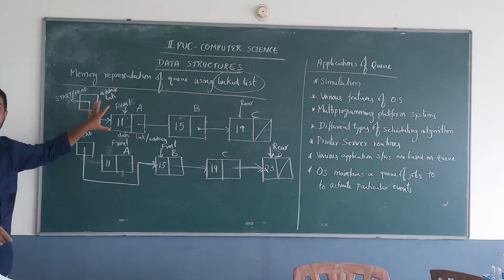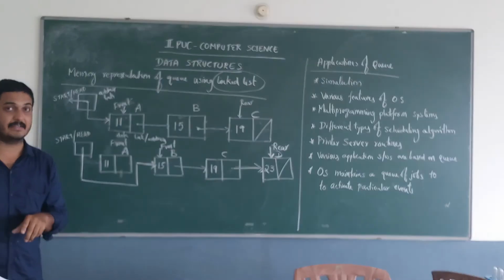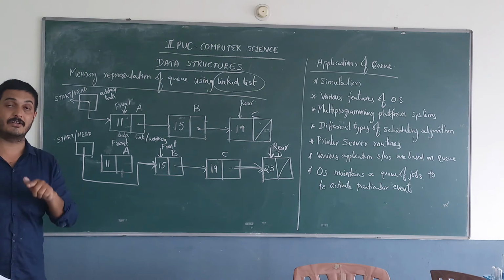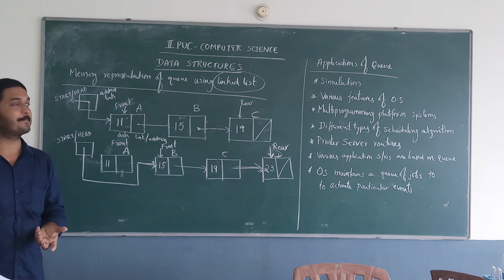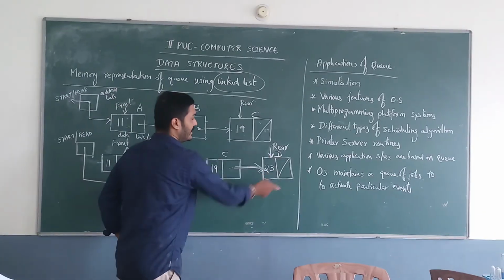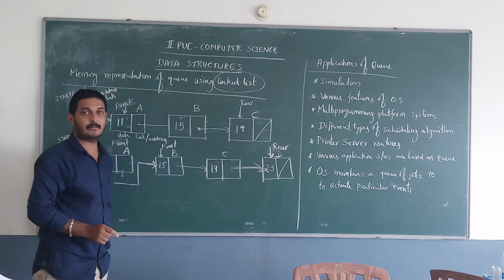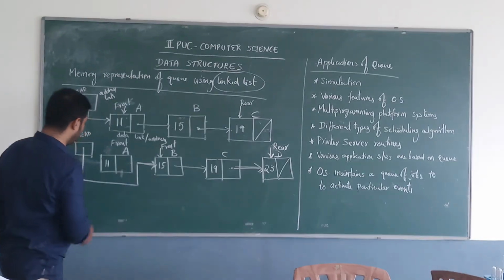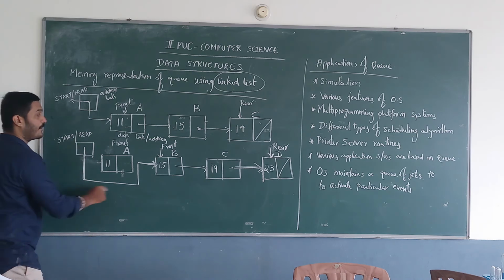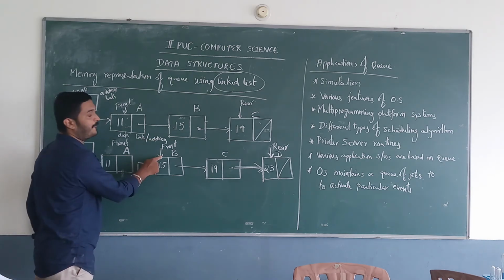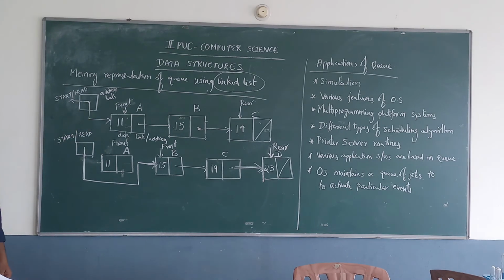We know that a linked list is a collection of nodes, and each node has two fields: information or data as the first field, and link or address as the second. Suppose you want to insert a new node: rear will be incremented, and the address of the previous node points to the new node. Deletion means the starting pointer points to the next node, and it is treated as the front. These are about queue insertion and queue deletion using a linked list.